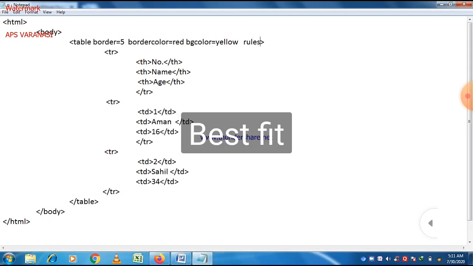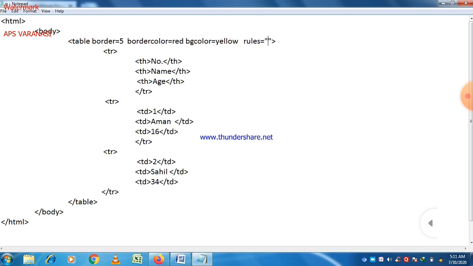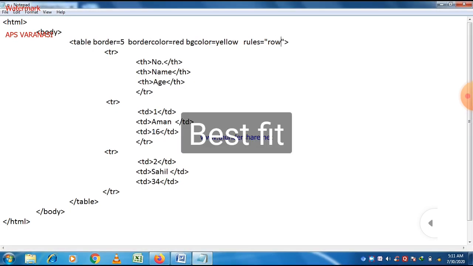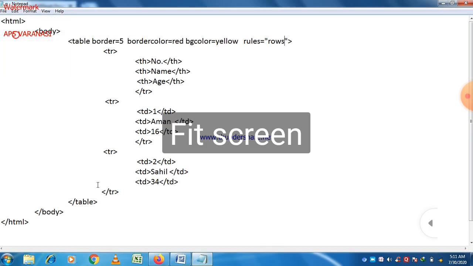And our next attribute is rules. So rules is another attribute. The rules attribute is like the frame attribute, and also works with the border attribute, except rules deals with the inside border edges. So if you want to deal with inside border edges, then we can use rules as an attribute.